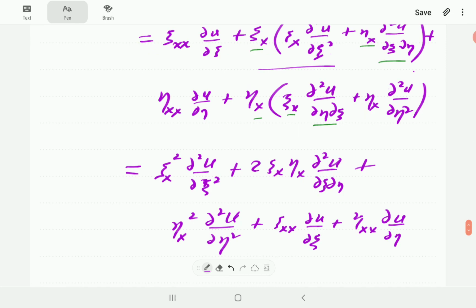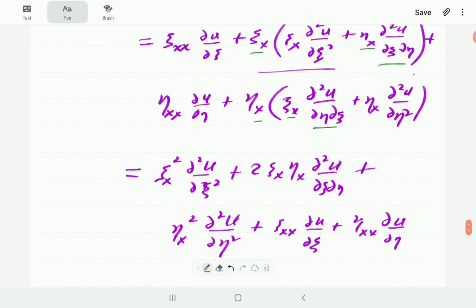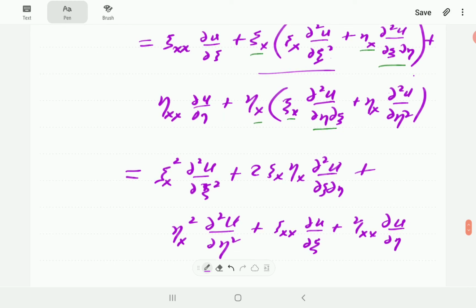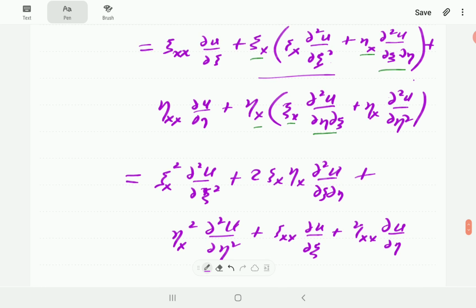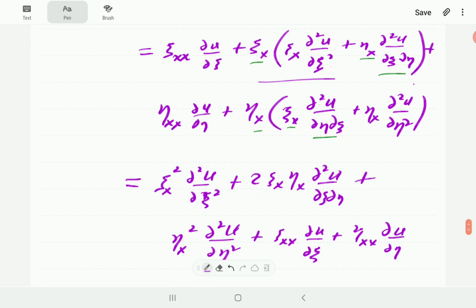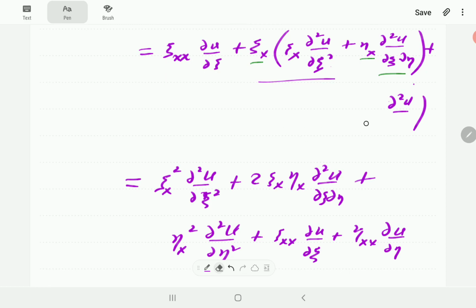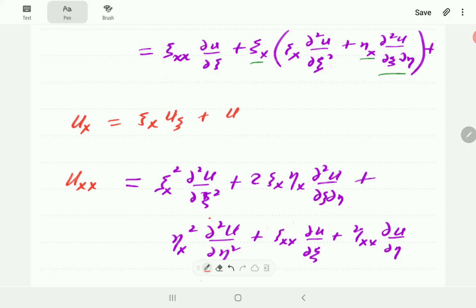Now, my focus is on the second order derivative terms. What I want you to notice... let's just erase this for instructional purposes, and then I'm going to write the first order derivative here. So u_x, this is now u_x is xi_x u_xi plus eta_x